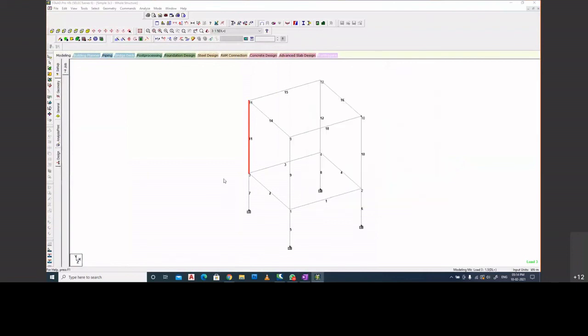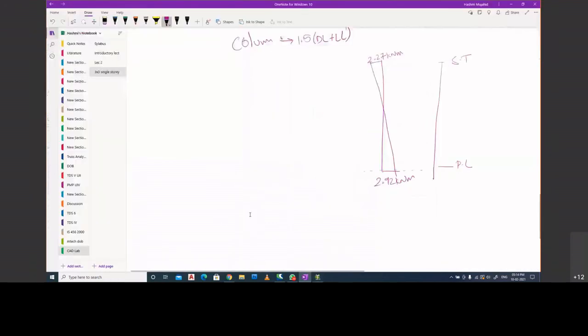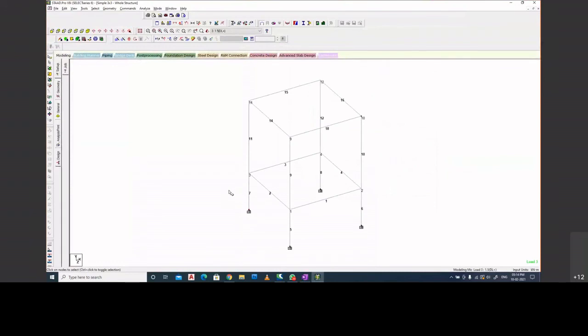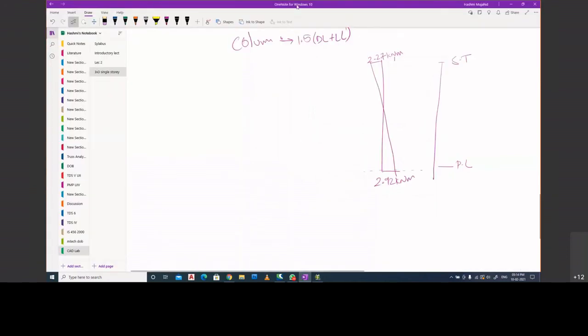Actually, we are more concerned about its axial force, right? Which we have already seen. The axial force is 98 point something in the reaction. Fine. So this is all about the analysis of the structure. So we'll stop here. I'll take your questions if any, and then we will continue next time.